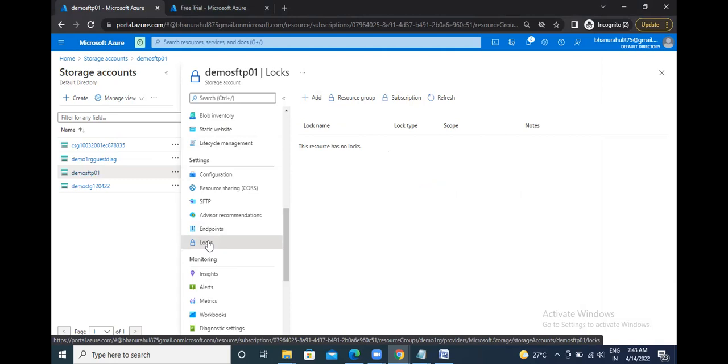Okay, so if you enable the read-only lock, you can't delete that resource. You can't modify any operation in this resource, the storage account. You can't perform any changes because you are restricting the access. If you provide the read-only lock, you can only see, but you can't enable